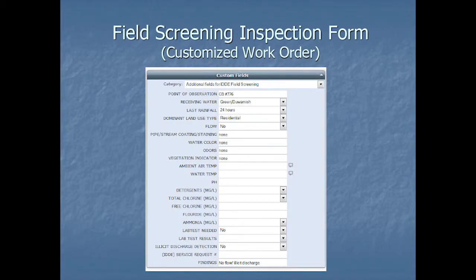And once they do the inspection, or the field screening in this case, they come back to the office and enter the data into, once again, the custom form. This is, again, the workhorse for the field screening form. But you can see we've got point of observation, what receiving water it goes into, when was the most recent rainfall, what's the dominant land use type, indicators from staining, color,